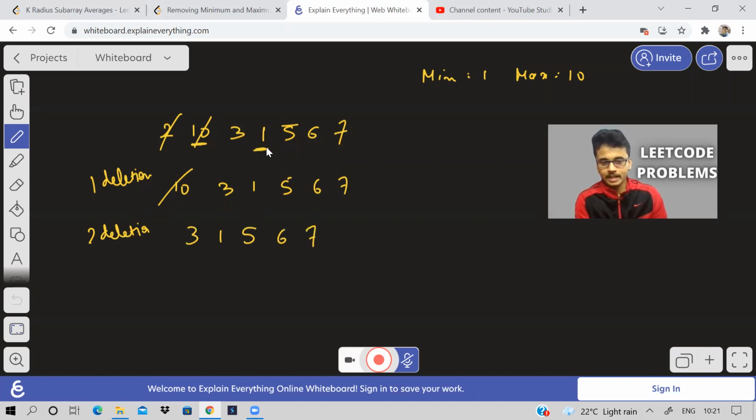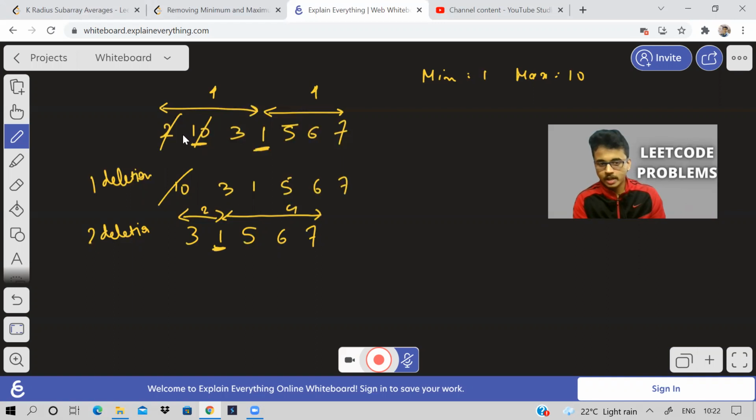Notice that the index of 1 has now changed. 1 was at a distance of 4 from the front and at a distance of 4 from the back. Now see, 1 is at a distance of 2 from the front, but the distance from the back is the same, 4 only.